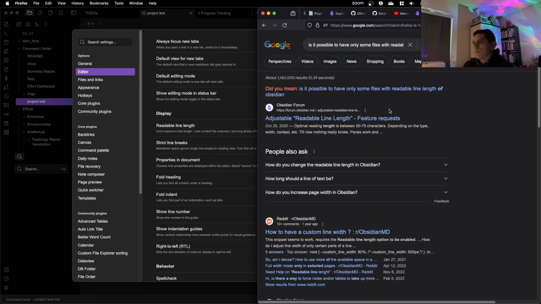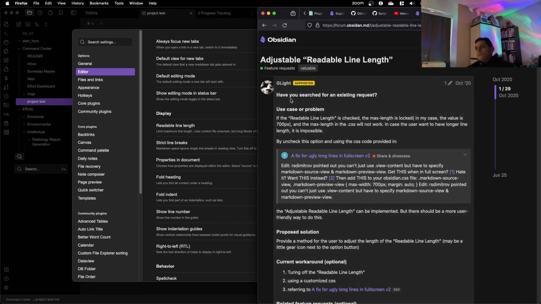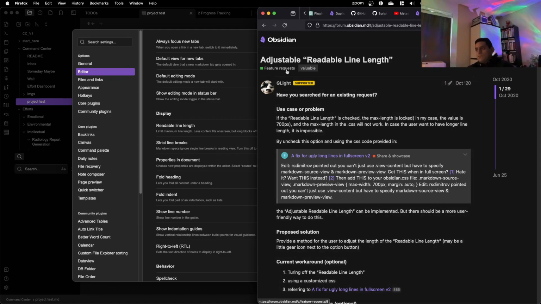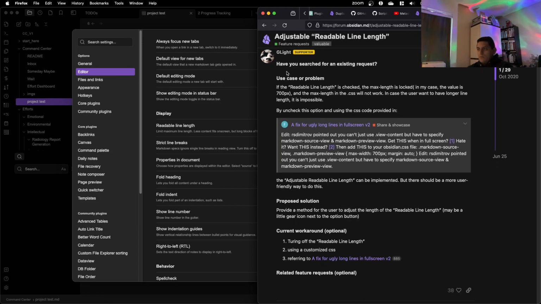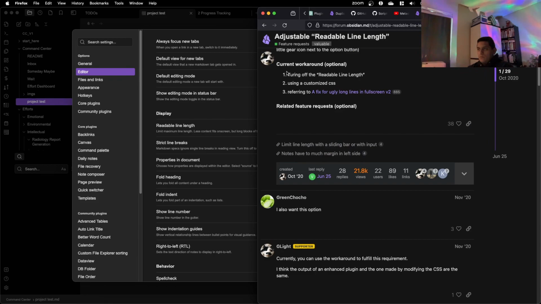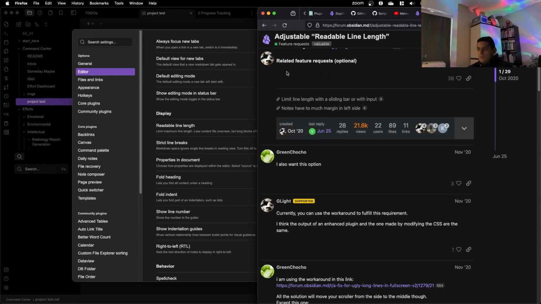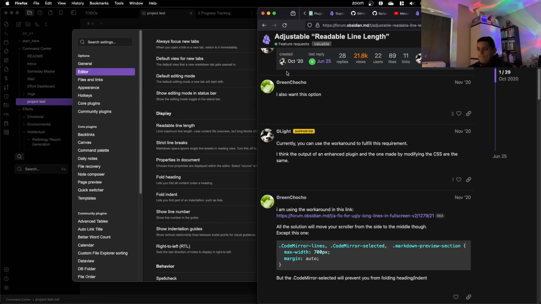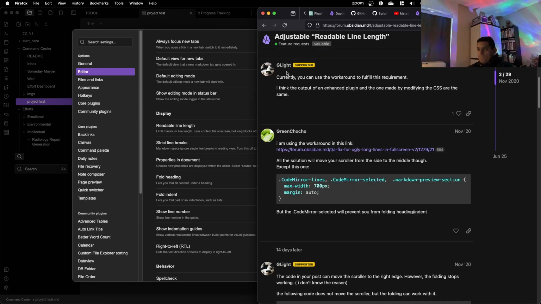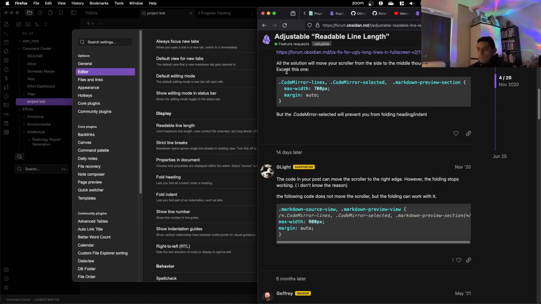Obsidian. From folding, heading, indent.